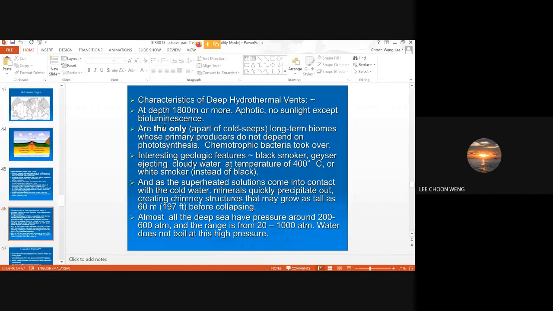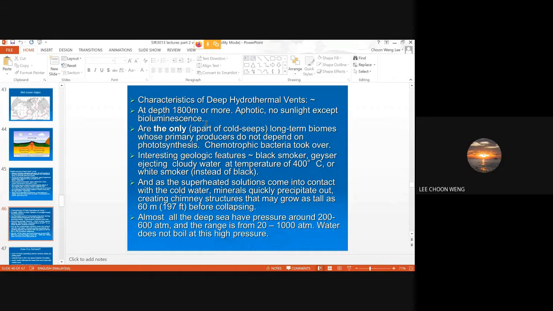So what are the characteristics of a deep sea hydrothermal vent? Of course, if it's deep sea, then it has to be at least 1,800 meters or more, although nowadays some shallower hydrothermal vents have been reported. Okay, so when it's deep sea, for us, deep sea hydrothermal vents are more interesting because it's aphotic, which means there's no sunlight. So if there's no sunlight, that means there's no photosynthesis. So no photosynthesis. If there is any